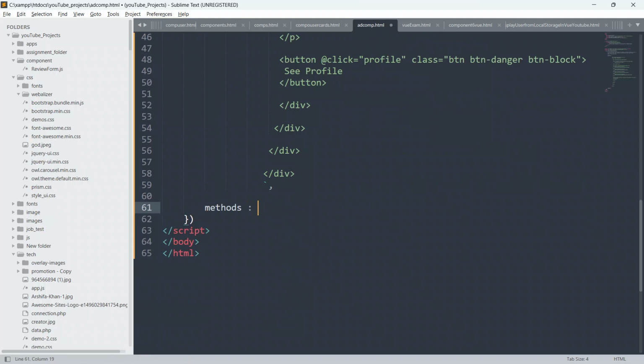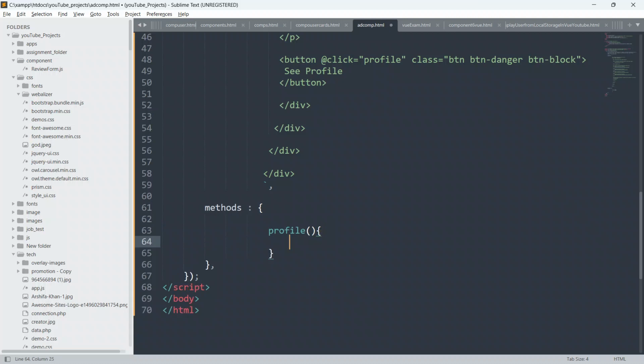So I will put opening and closing curly braces, close it here, and inside this we have to define this profile function. Just copy it from here, paste it here, put parentheses and opening and closing curly braces.